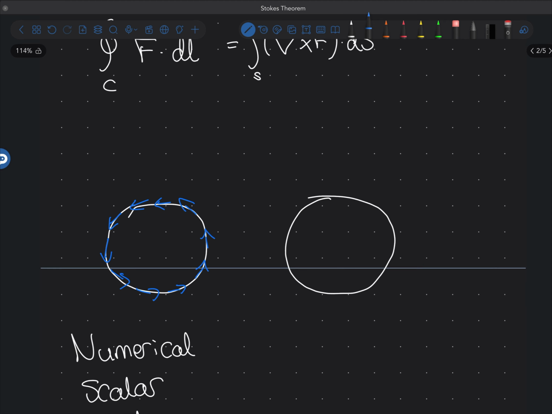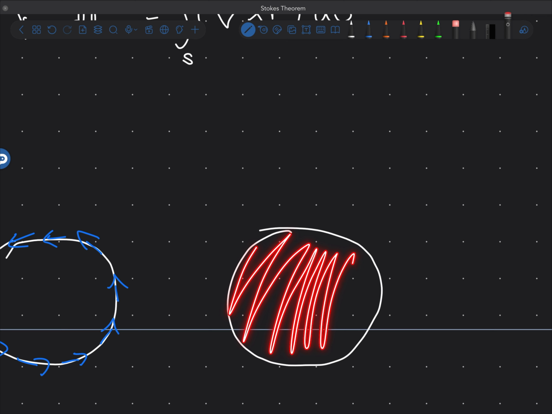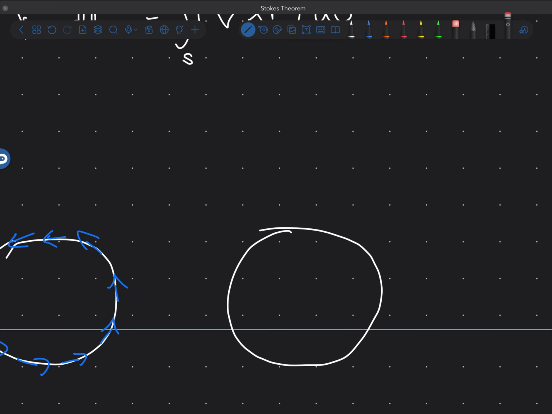So in the end, across the entire surface, all vector fields contribute to net zero,